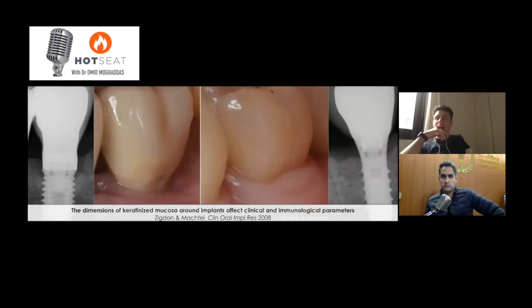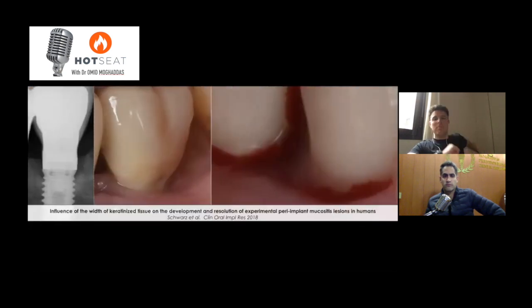Another interesting fact is that the lack of keratinized mucosa has been shown to be detrimental to the peri-implant environment not only at the clinical level, but also at an immunological level, exhibiting that those implants lacking keratinized mucosa on the buccal aspects were exhibiting a greater pro-inflammatory profile by means of PGE2, which is prostaglandin E2. It makes sense to understand the findings published by